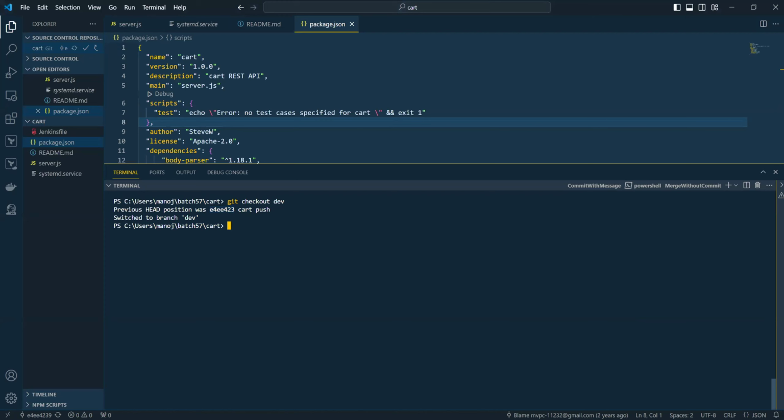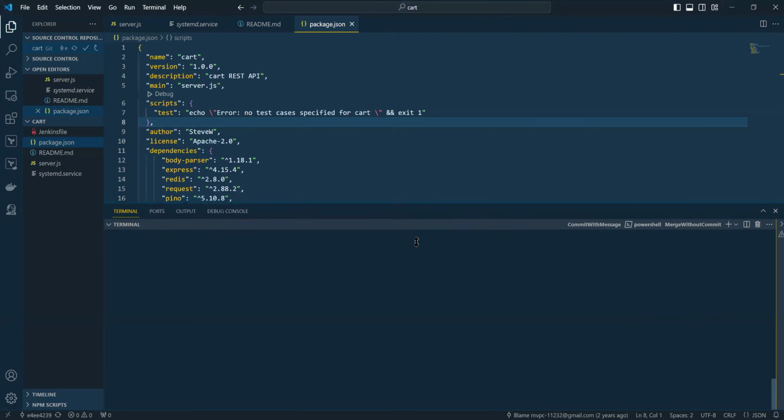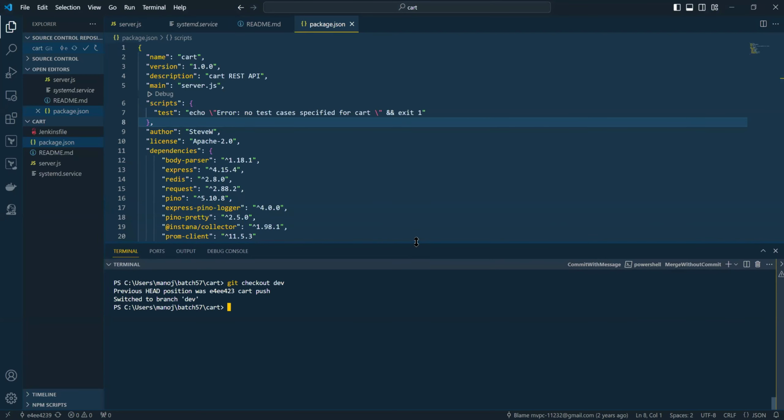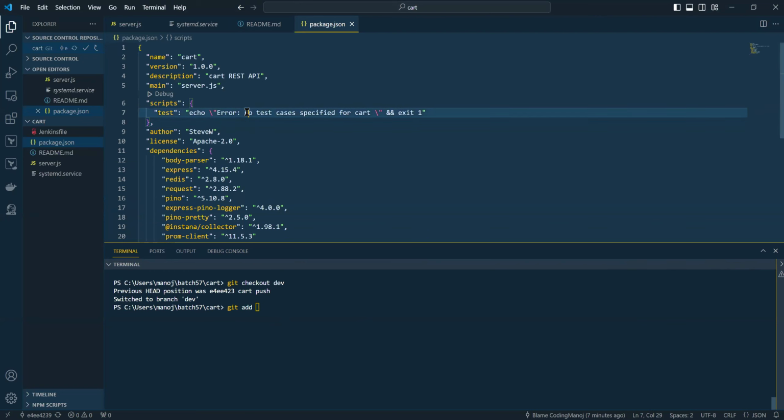Manoj, what if I want to go to the previous commit? I really want to go back. Whatever change I did, I messed something up, and I just want to go back to the previous version. For example, git add package.json. I would like to say "no test cases are defined for cart". So git add package.json, git commit,